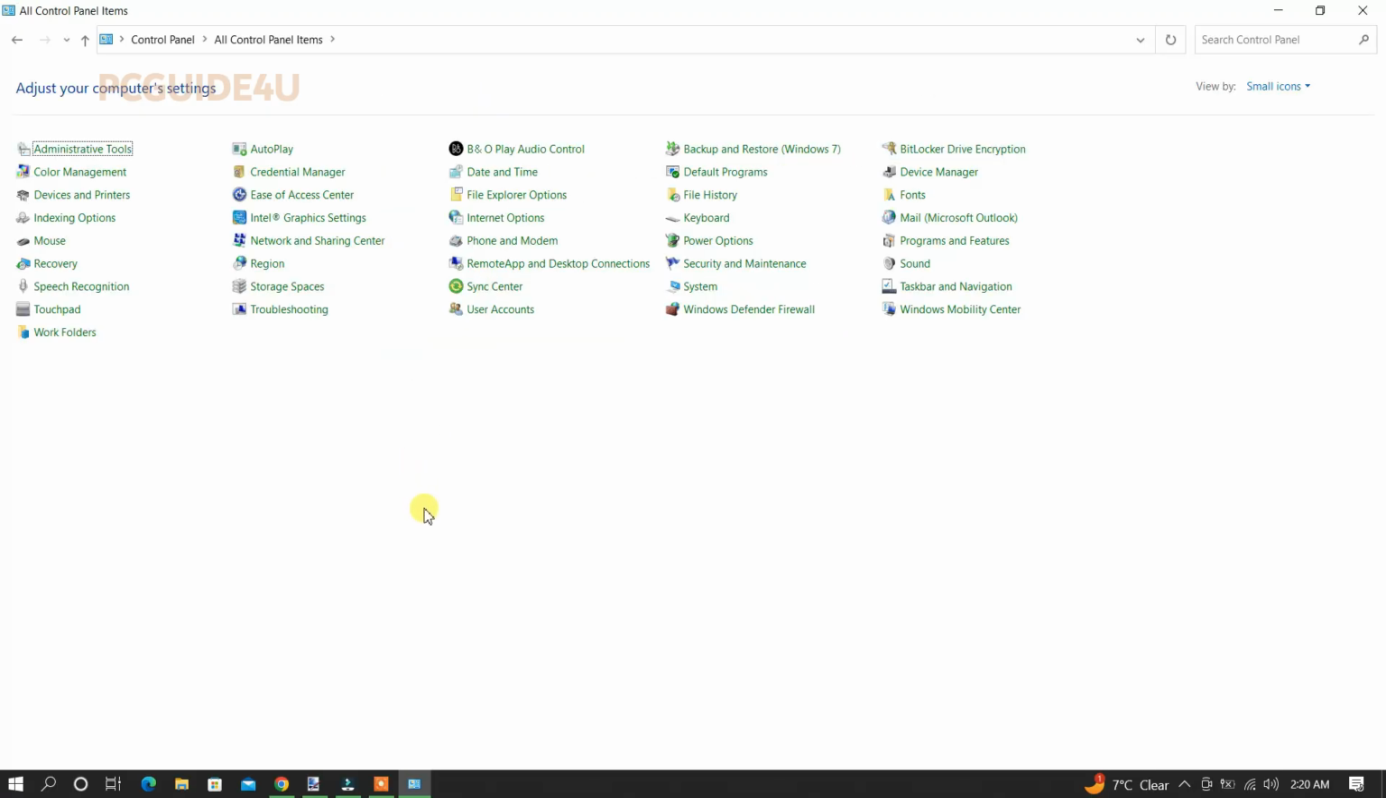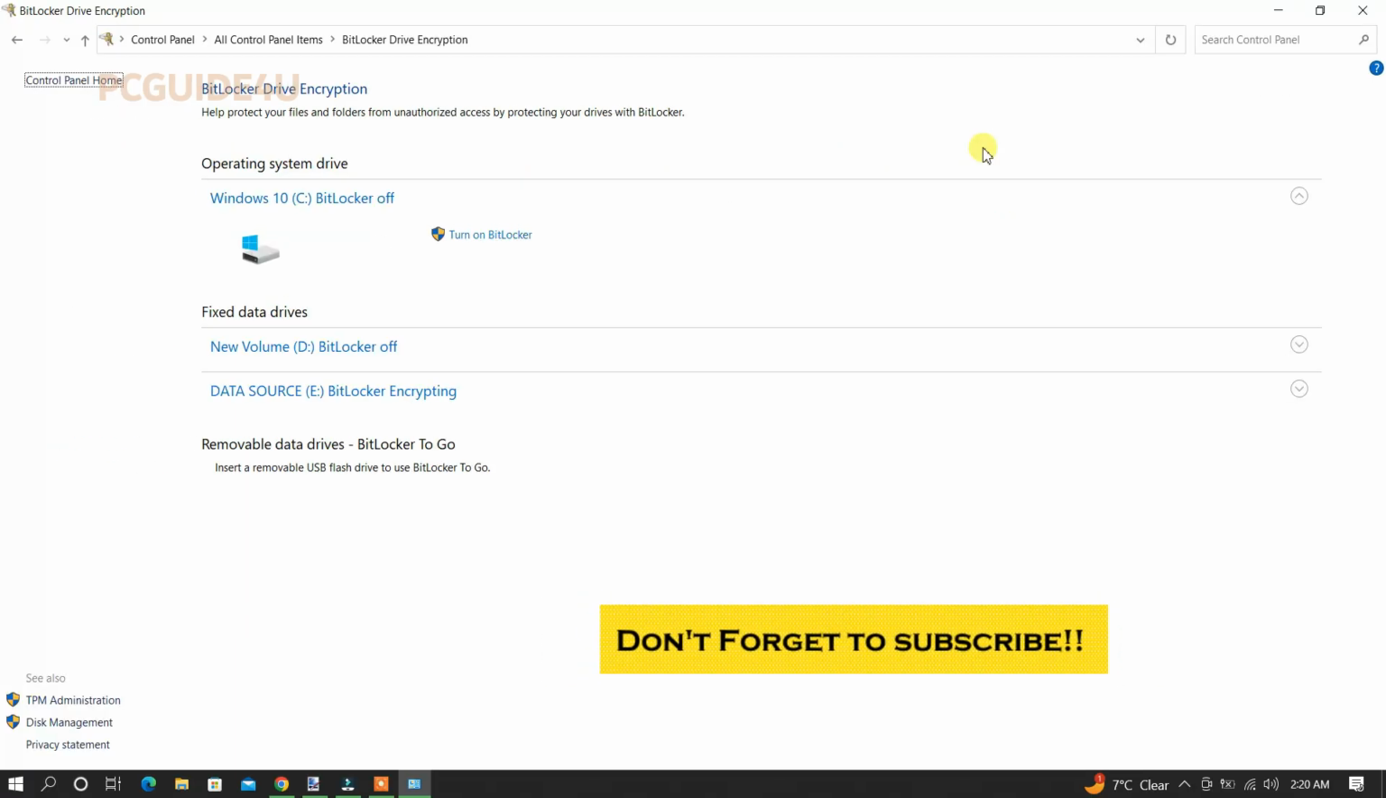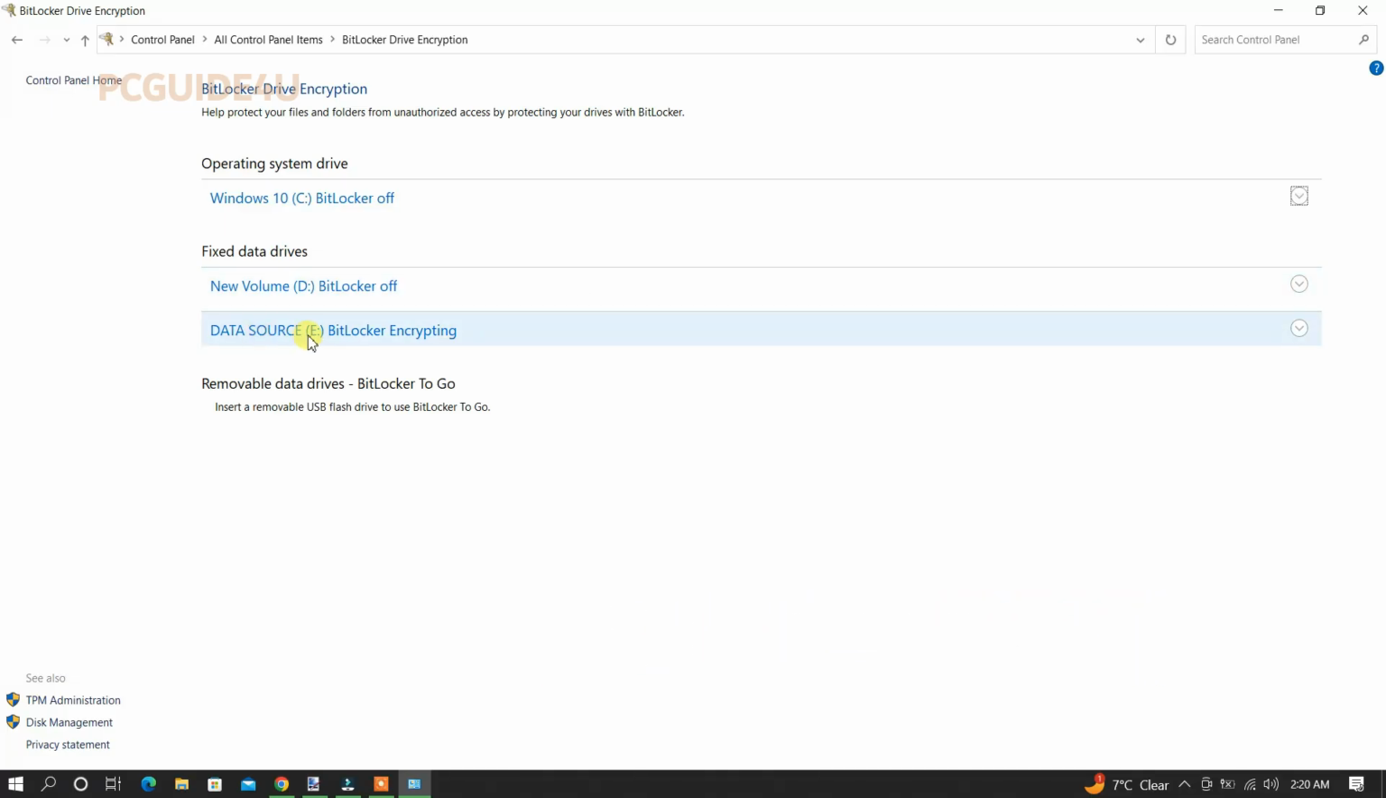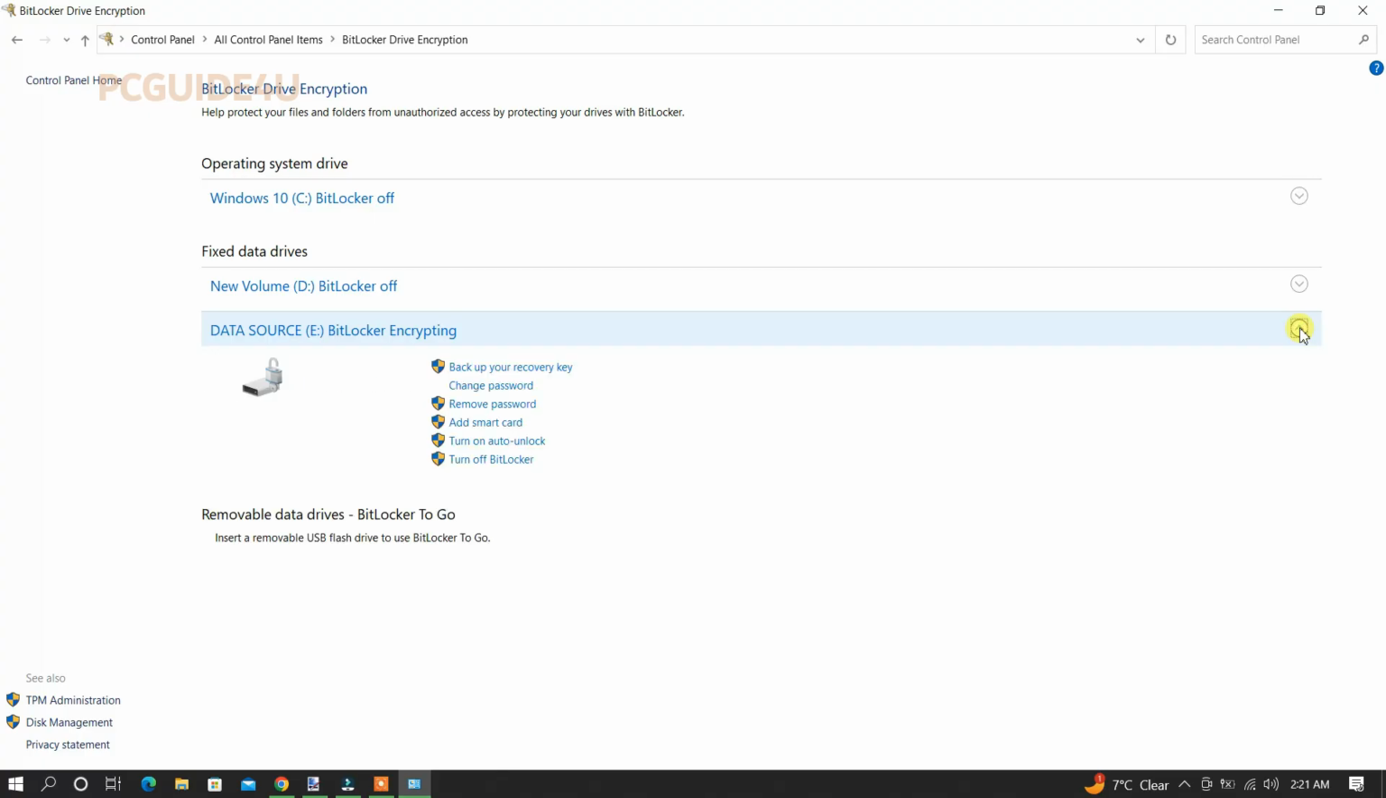Now here we can find the BitLocker encryption. So here in the top line you can see BitLocker Drive Encryption. You just need to click on it to open up the drives. And here by default it comes up with only C drive, so you can just collapse it. The drive that I have encrypted is Data Source, which is E, so I'm gonna expand this one, and from